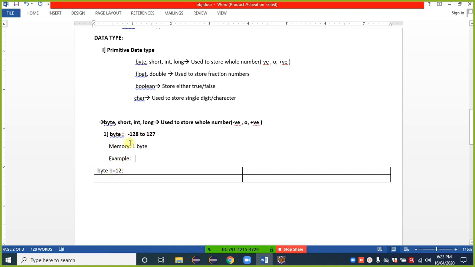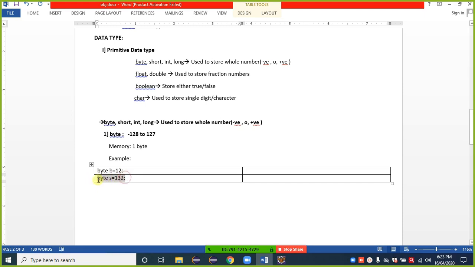Suppose my purpose is to save the value 140. I cannot use byte. Take the example byte yes is equal to 132. We can take any variable name here, keep in mind. Is it right or wrong? It is wrong. Why?